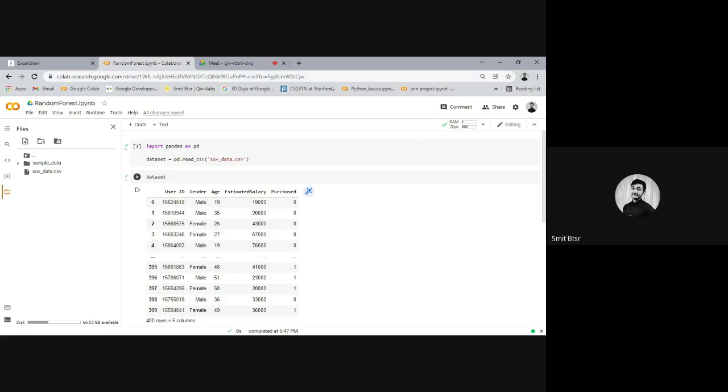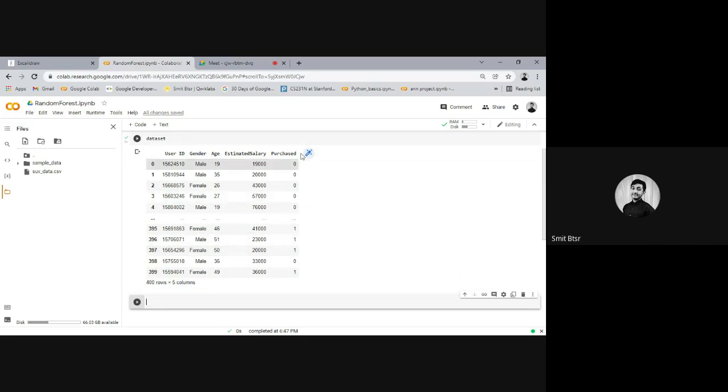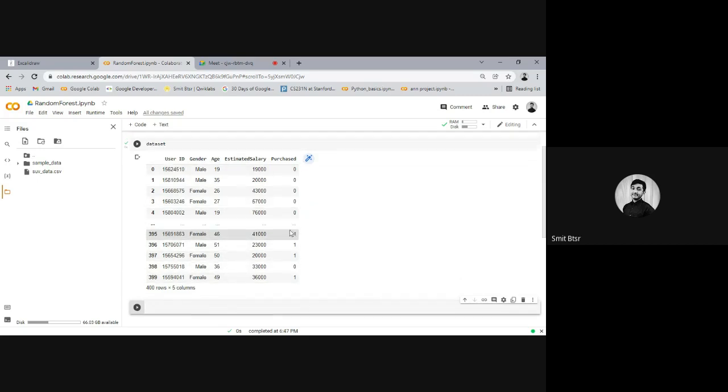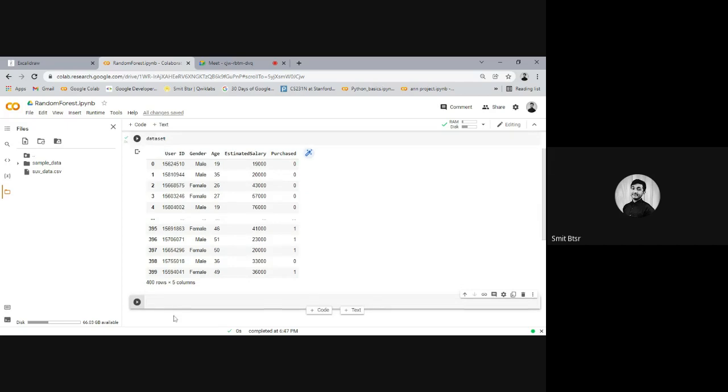They have user data, so they only want to advertise to potential customers, who can buy or want to buy. They don't want to spend extra money showing it to everyone. So we need to predict who will purchase the car and who will not on the basis of this data. That is the main aim. We need to find out whether they will purchase or not, and on that basis we will show them the advertisement or not.